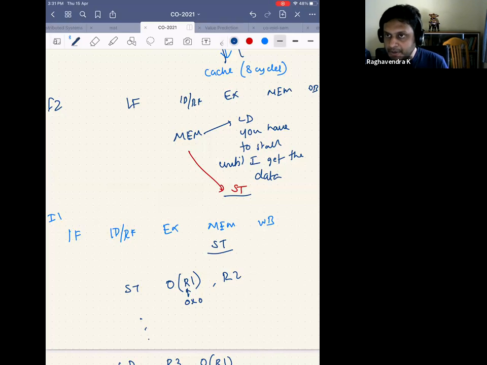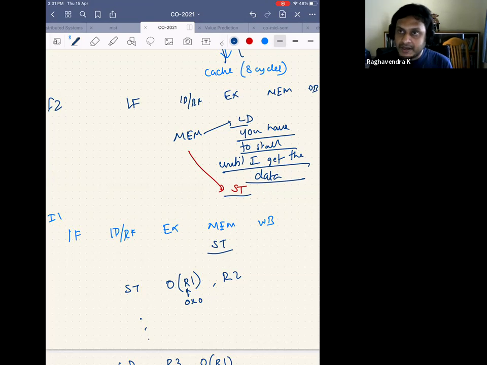Okay. So generally what processors do is, for a load, there is no other way. You have to get the data. You cannot just get some junk data and say, this is your data. But for a store, you are the one generating the data, so it is your prerogative when you actually write the data back to the cache. So they have something called a store queue where they write the data and allow the CPU to continue execution. In the background, somebody else will pick up the data from the store queue and write it to the cache.